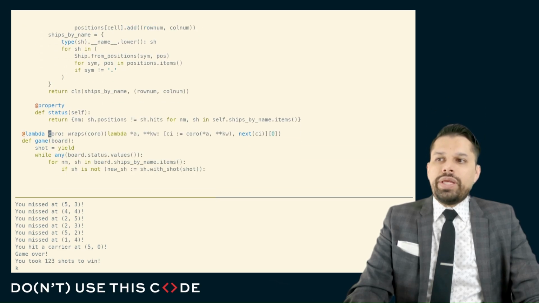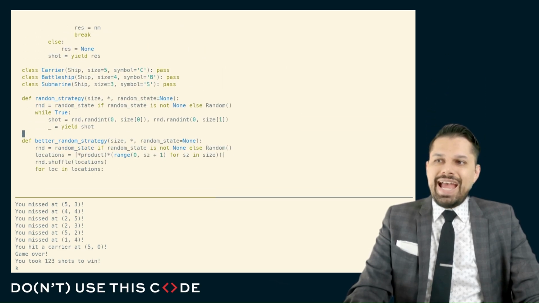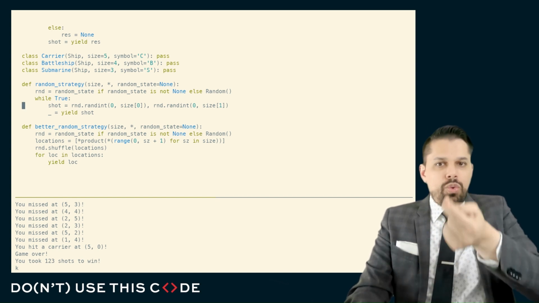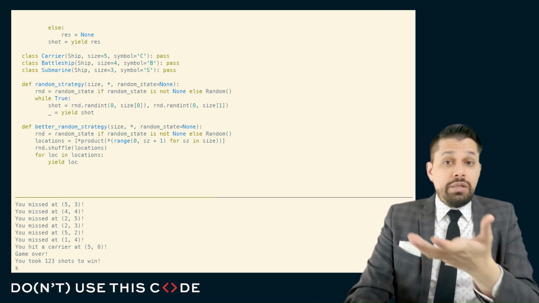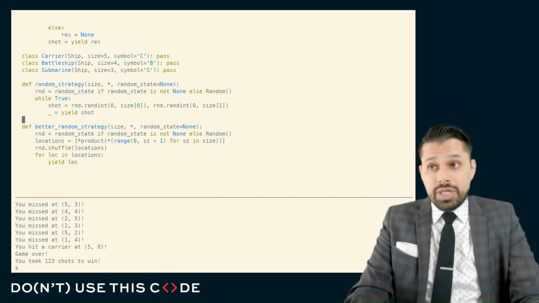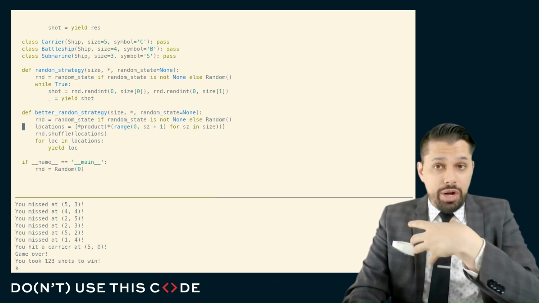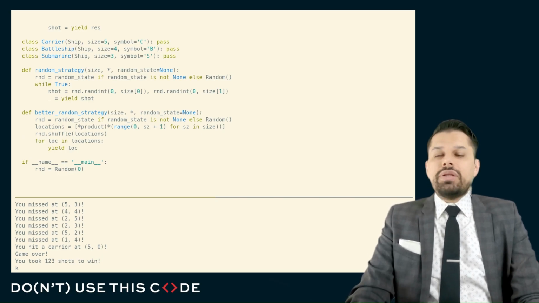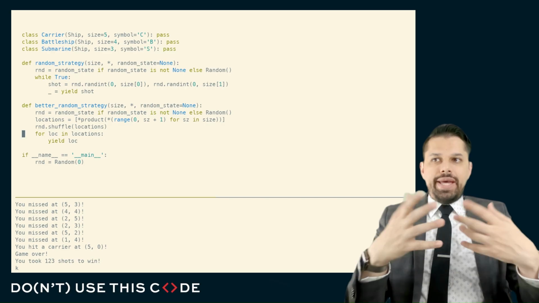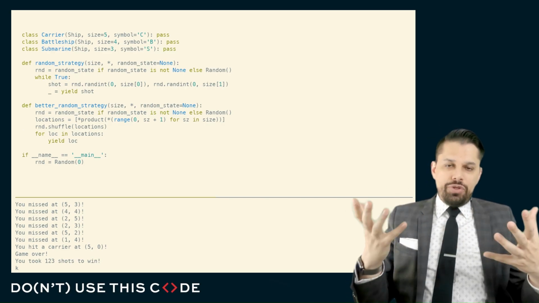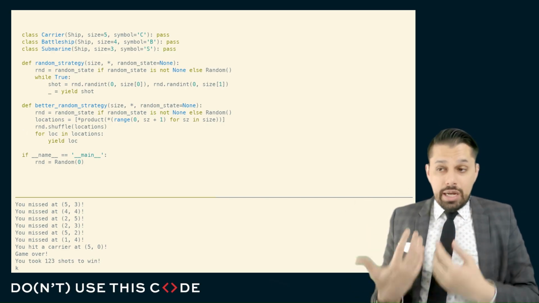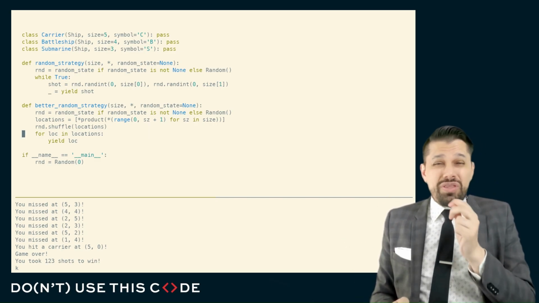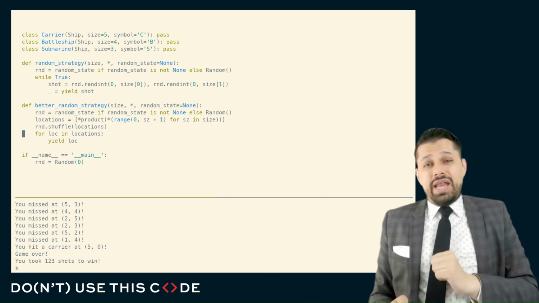And in fact, we can do that and implement a slightly better random strategy. Instead of constantly generating a random position we want to fire on, which then leads us to firing at the same position multiple times, we can just generate all the possible positions that we want to fire on, and given all of those positions, we can then shuffle them and then yield them one at a time. As a consequence, this better random strategy shouldn't ever use more than 36 steps to hit everything on the board,